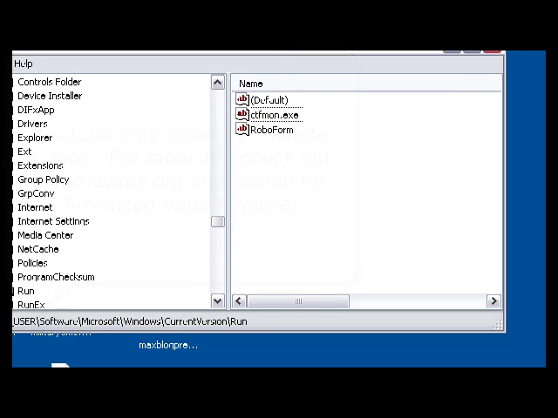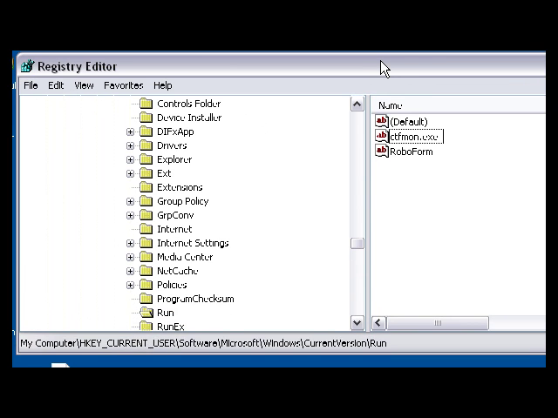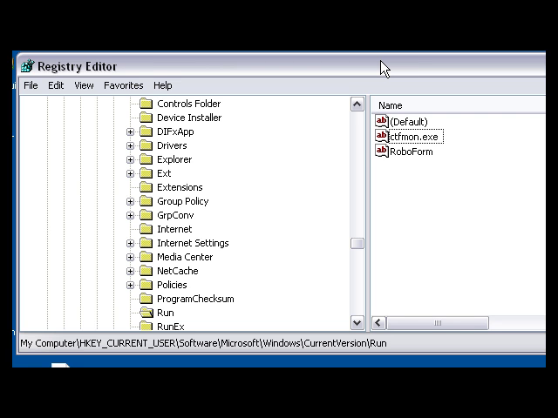And that's just one of several keys that you're going to have to go in and delete manually. We do have a list of all of them on our site. It's going to take way too long if I were to do each and every one for you here. So I am just going to have to refer you to removevirus.org for the exact removal guide. Just do a search for the particular strain here,